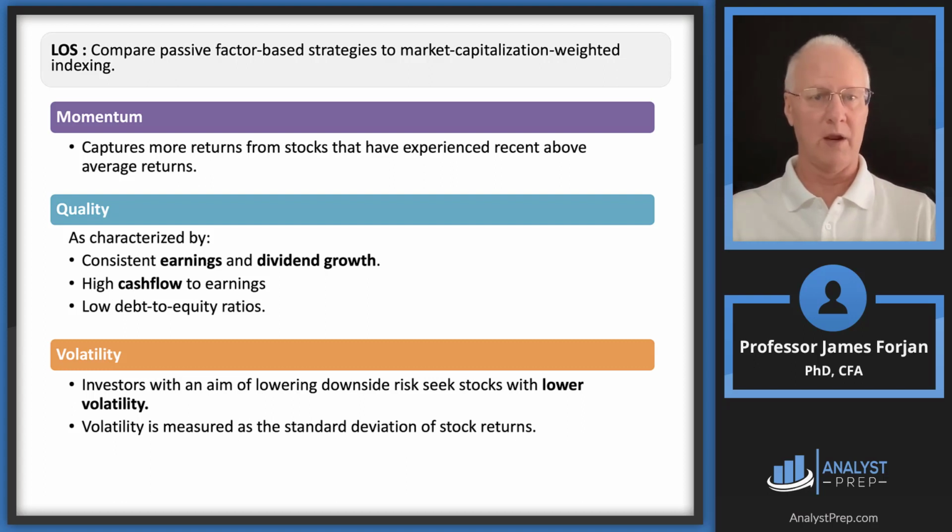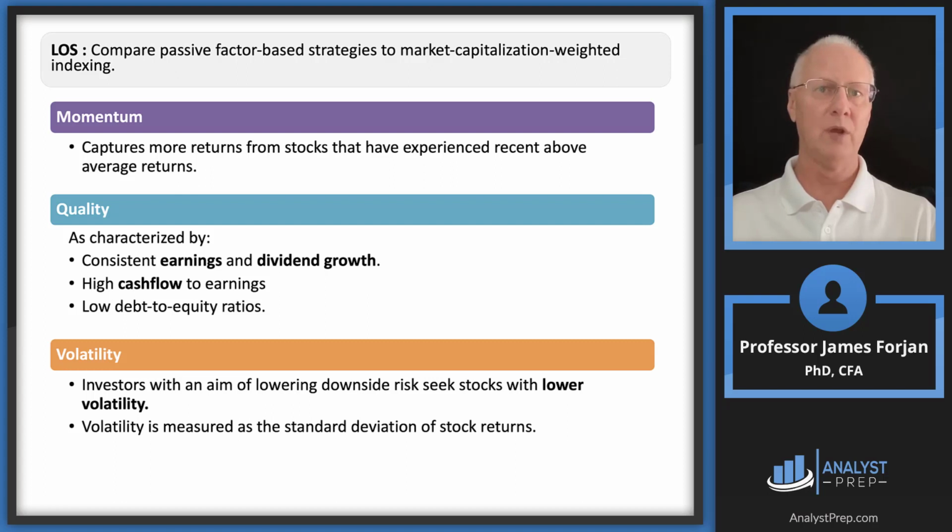So look at the wording here. We have consistent earnings and dividend growth. What I'm going to add to that, all right, then high cash flow to earnings. Oh my gosh, don't you love that as that third or second bullet point? I'm going to go ahead and throw the word sustainable in there because I think this is a legitimate question